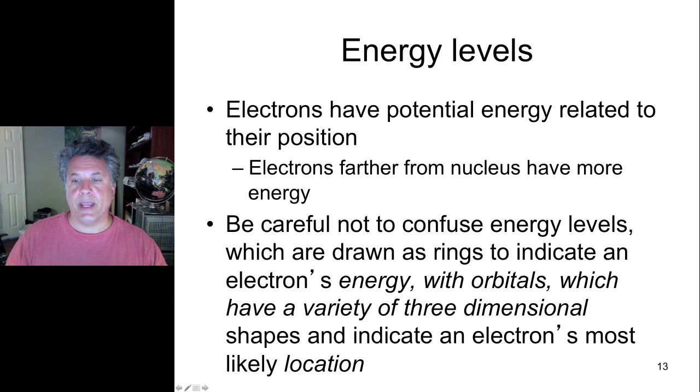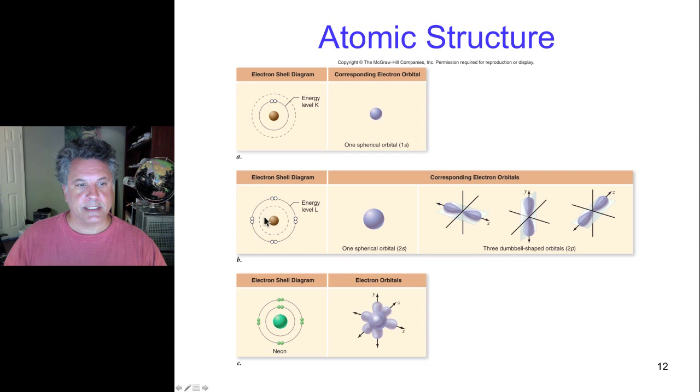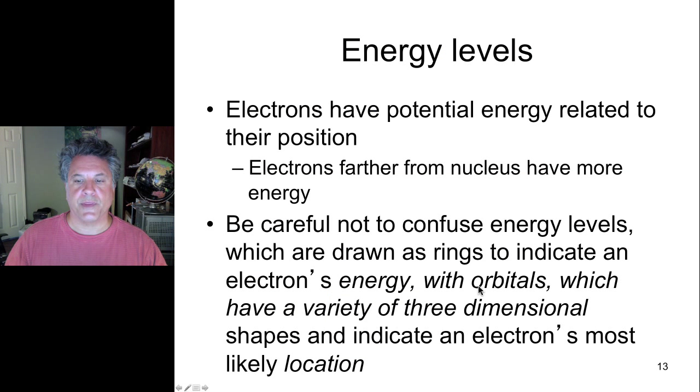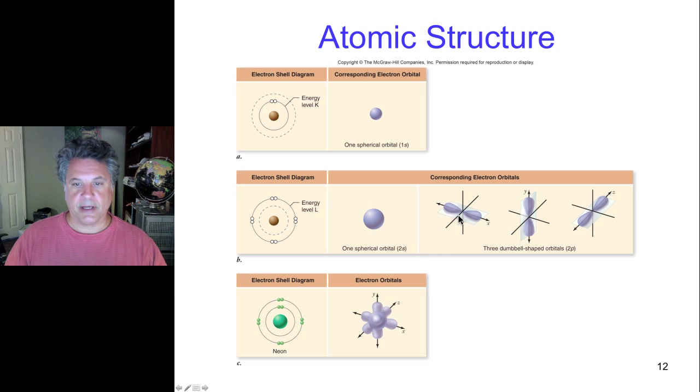So I'm going to re-emphasize this. Don't confuse energy levels that we draw as rings around the nucleus with the orbitals, which have complex shapes like dumbbells. This is simple as a sphere, but orbitals are not simply rings around the nucleus. So don't confuse the energy levels that we draw like this with the actual orbitals that electrons are found in. And remember that the electron orbitals are probability distributions where electrons are found, and the shapes of them describe the probability of finding electrons at different places.